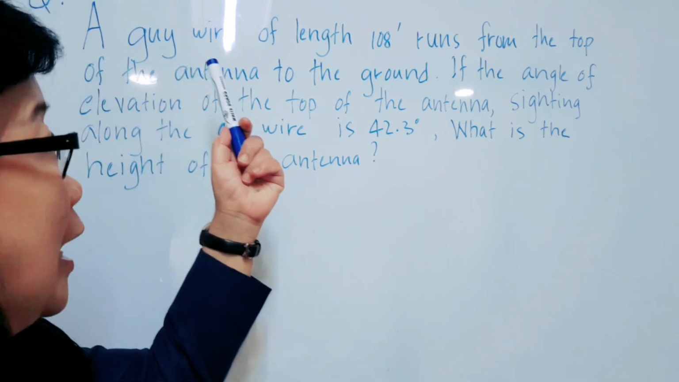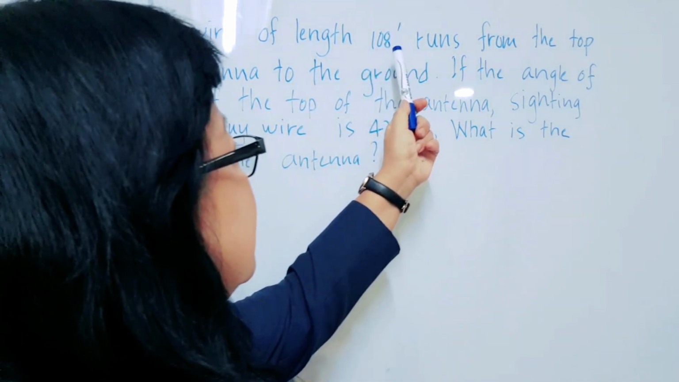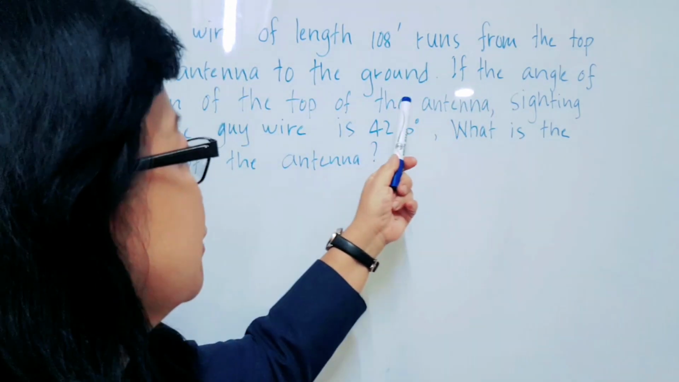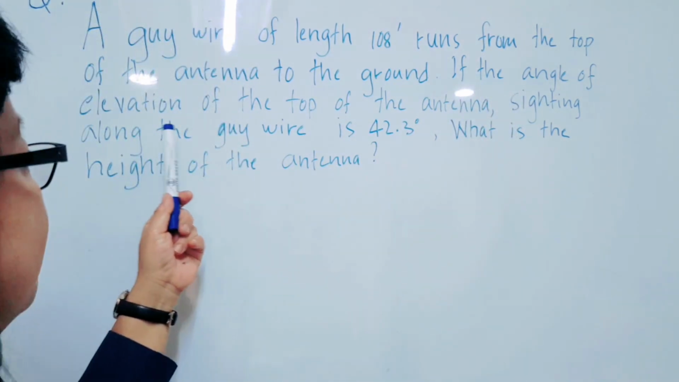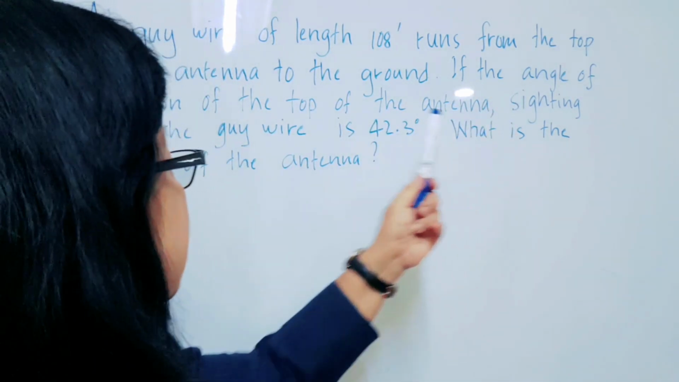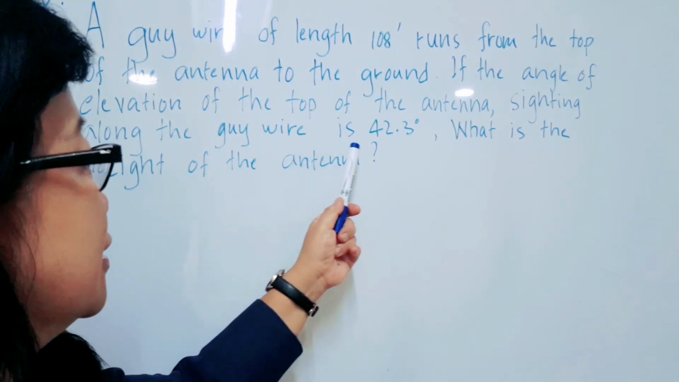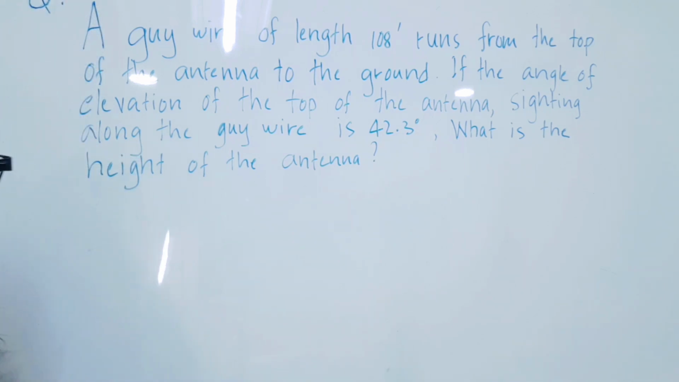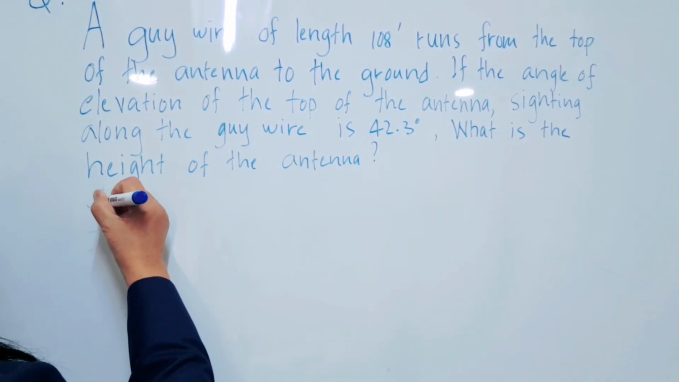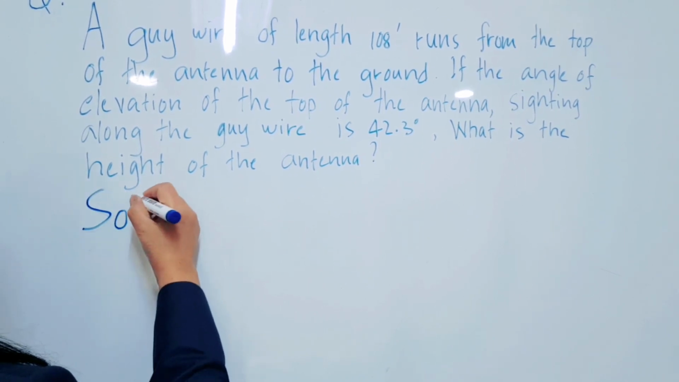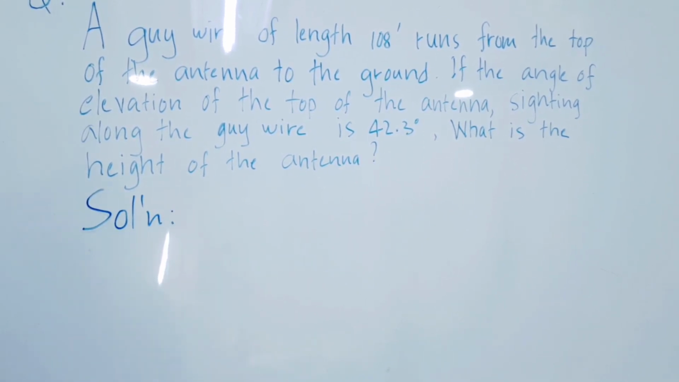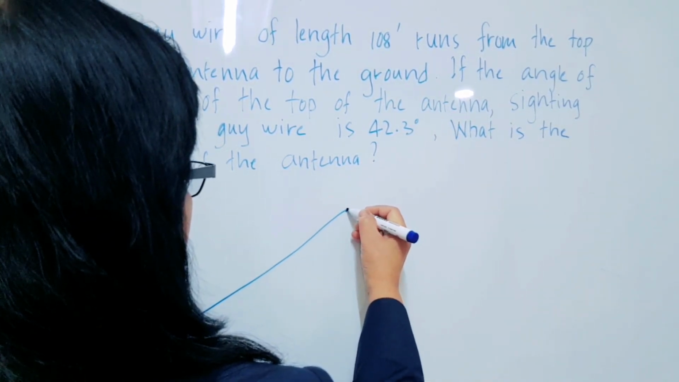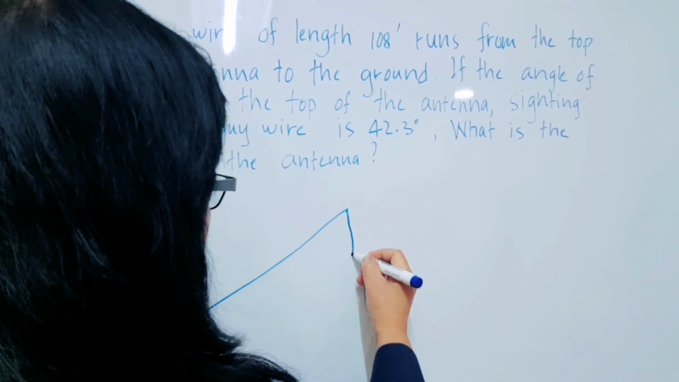Another question: a guy wire of length 108 feet runs from the top of the antenna to the ground. If the angle of elevation of the top of the antenna sighting along the guy wire is 42.3 degrees, what is the height of the antenna? Now, putting the rough sketch, if this is the angle of elevation of the antenna going here to the guy wire,